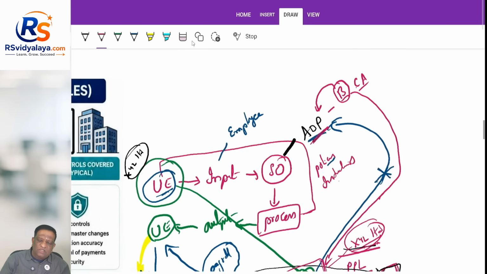But whenever you want to review the controls, let's imagine A is their auditor, and this service organization will not be allowing this A to visit it. So, if you want to allow, it will not be permitted. In which case, how are the controls to be reviewed? That is why the service organization is appointing one auditor.